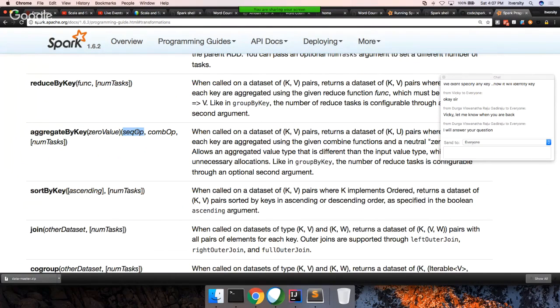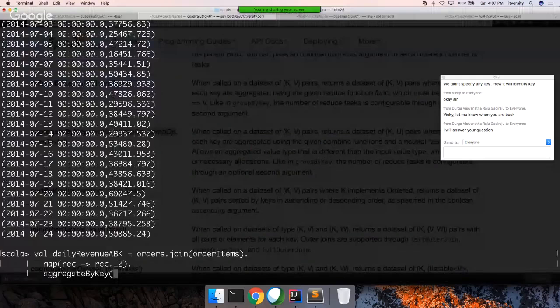One is for combiner logic or sequence op. In terms of Spark, they call it a sequence operation. And in terms of Spark terminology, the final implementation is called combine op. Whereas in terms of original MapReduce, this is called combiner logic and this is called reducer logic. Okay, so we need to give syntax like this: aggregate by key,